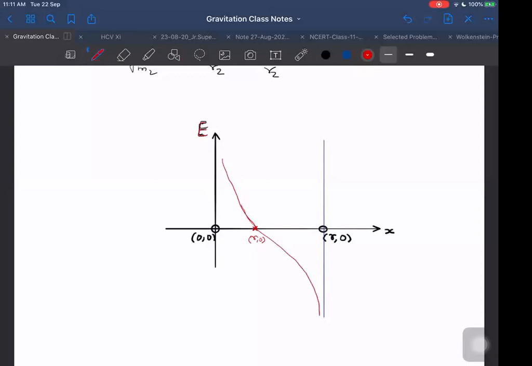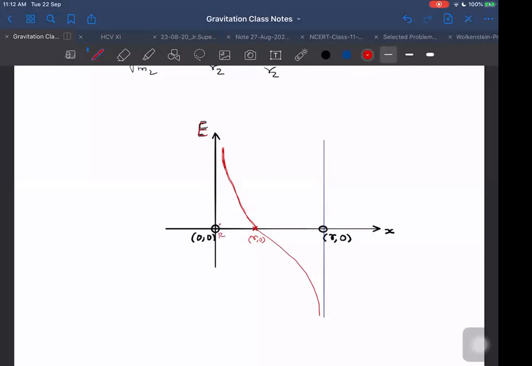Sir, is it like a tan graph? Something like that it is becoming here for the time being. But it will not be exactly like that. The reason is, field never becomes infinite. There it becomes infinite. But here, even if we are at the surface, let us say it has a radius r, then what will be the field at the surface?